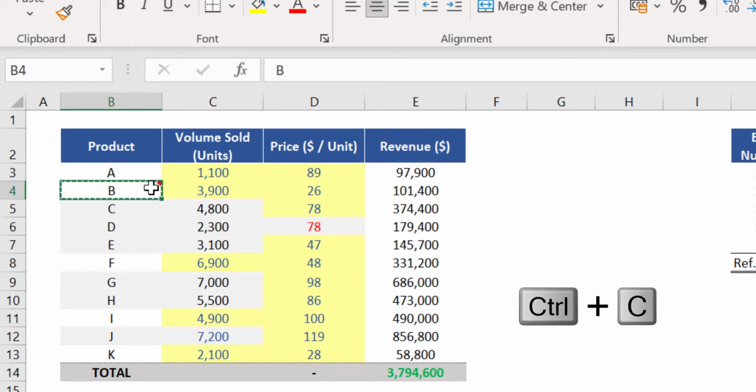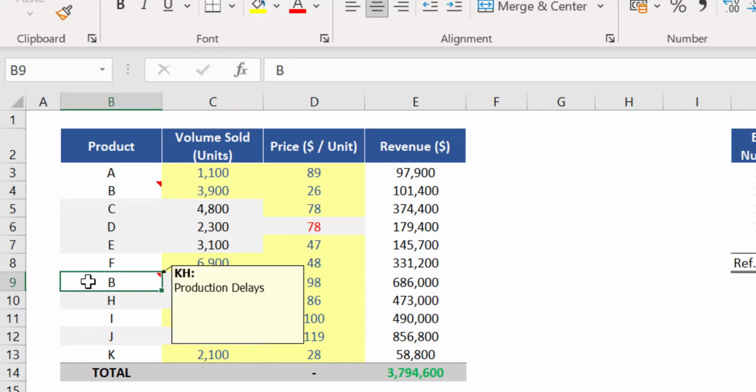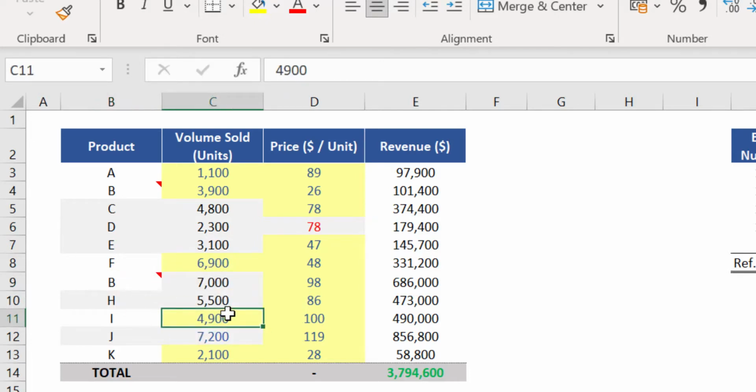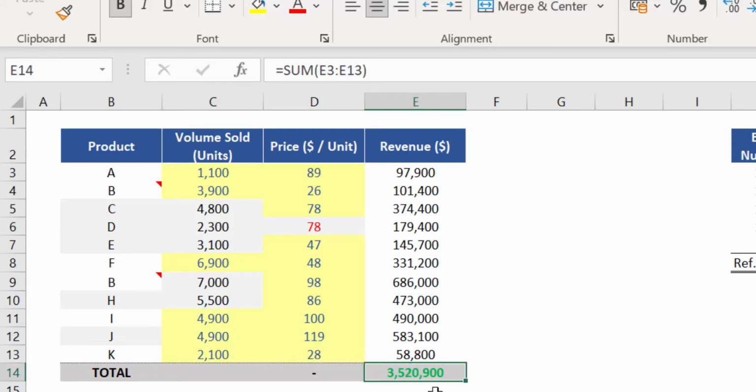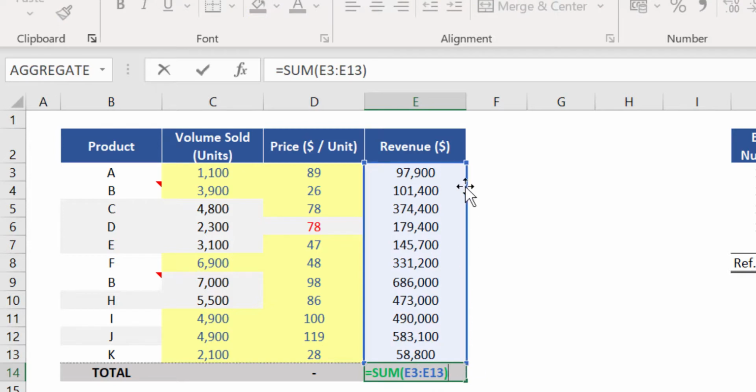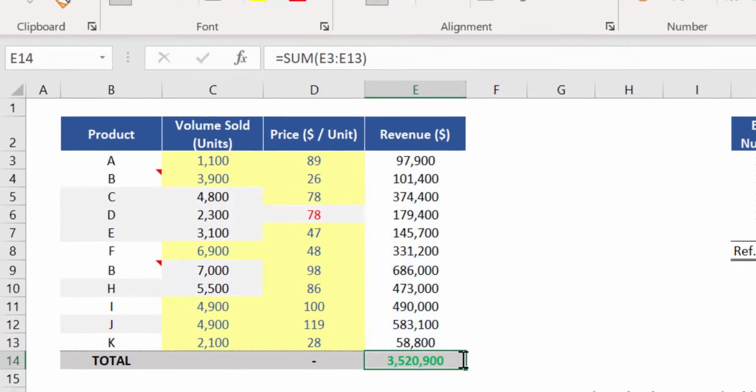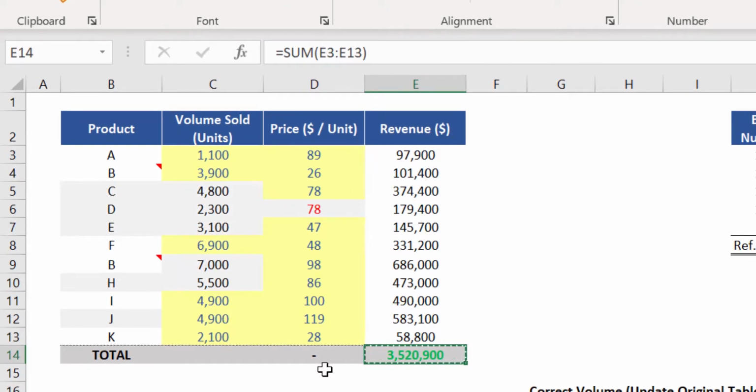If I copy this cell and paste it down here, I'll be basically copying all the elements of the original cell, including this note. I can do the same for the cell C11, which contains a value in this specific format, so these elements can then be all replicated down here. This cell E14 has this specific format and this function, which sums all the values of the 11 cells above, using relative reference. If I copy this cell and paste it here, the same format and the relative function will